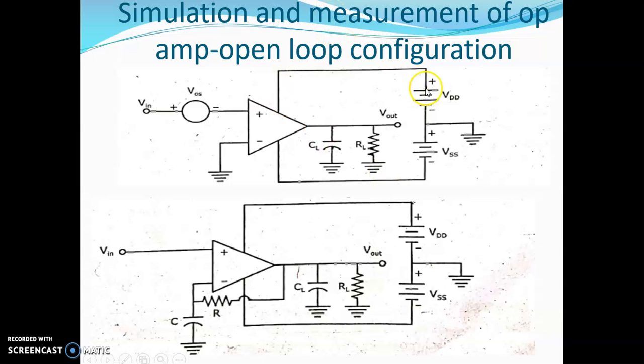So here, by simulating and analyzing the open loop configuration, we can take all these parameters. We can characterize the transfer curve, its output limit, the phase margin, the dominant pole, and the unity gain bandwidth, all by using this open loop configuration. So this circuit gives a better result than the previous one by adding a capacitor and resistor combination, with the capacitor connected to the ground here.